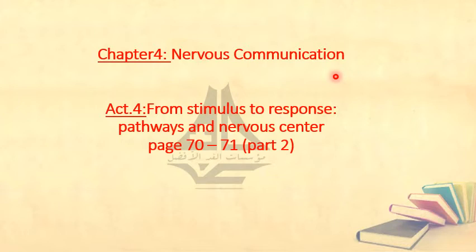be analyzed. Then, with respect to the ventral root, we concluded that it is motor, where it is responsible for transmitting the motor information, which is secreted by the brain or the spinal cord and taken by the ventral root toward the effector organs or motor organs in order to achieve a movement or a reaction. So the dorsal root is sensory, the ventral root is motor, and with respect to the spinal nerve, it is